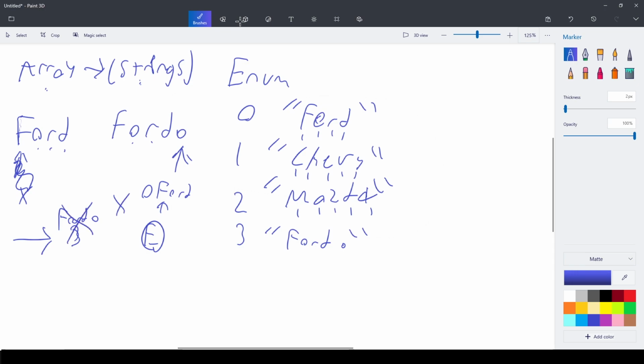So, you're not allowed. But we bring in Ford, we see it's an enum. We see it as an index of 3. We instantly know, or not 3, 0. We see they are the same, and we're good to go. And so that's kind of how enums work, and they're really useful for a lot of times, like if you